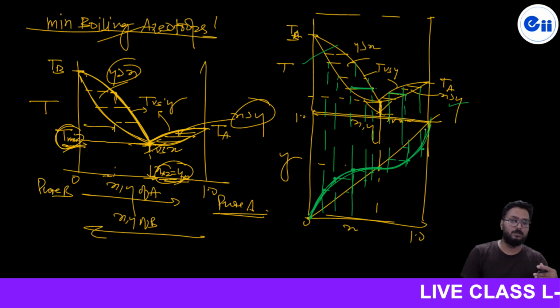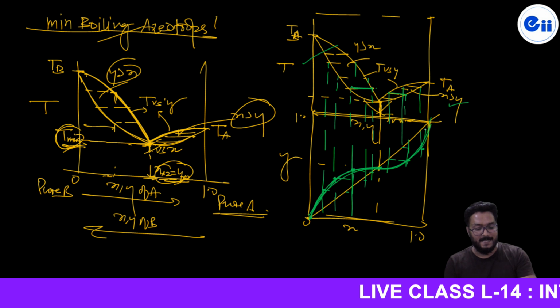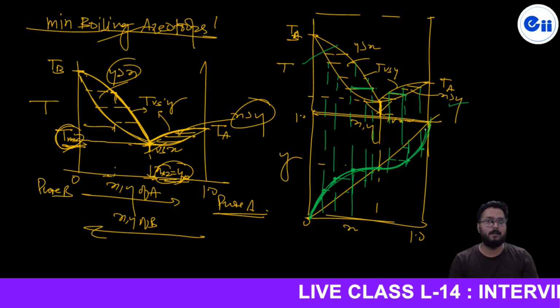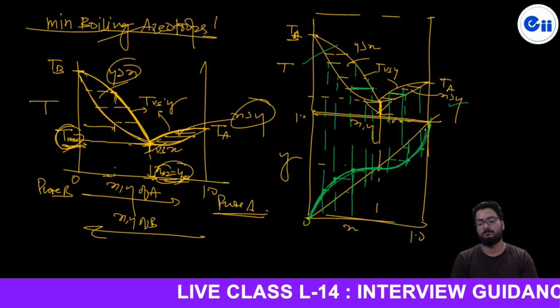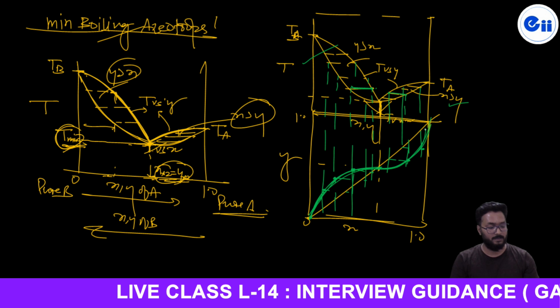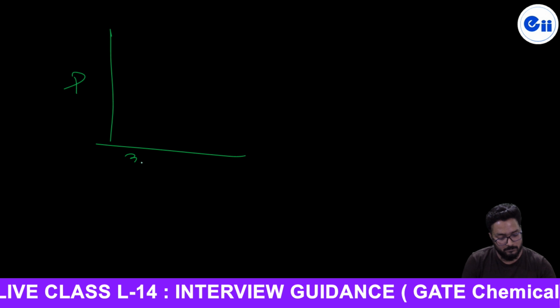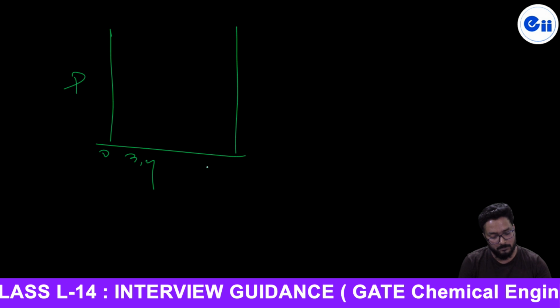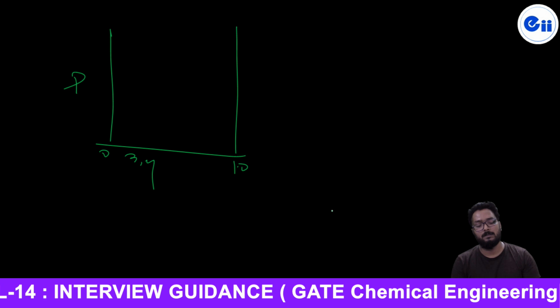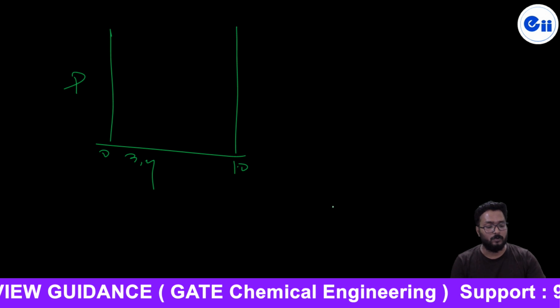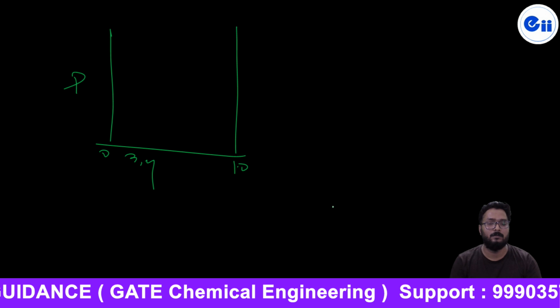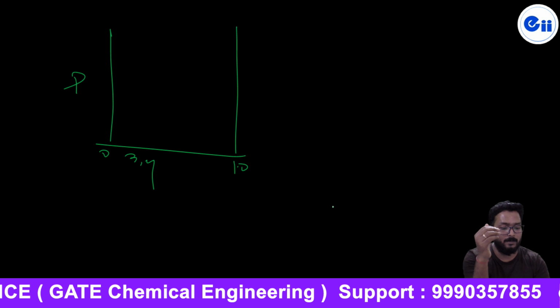So they can ask you the three curves. One is called T-xy, one is called the yx curve, and one more curve I will show you is called the pressure xy curve, that I have already shown to you. As far as the pressure xy curve is concerned, in this condition the total vapor pressure of the composition is found to be what? The total vapor pressure will become maximum.